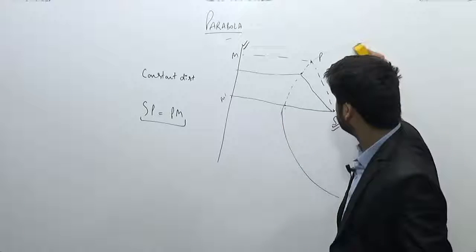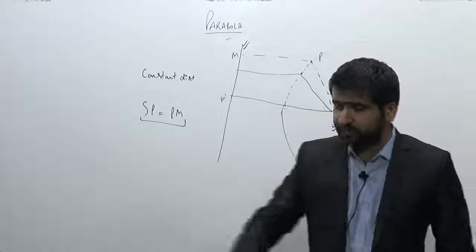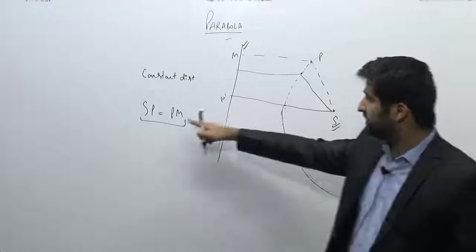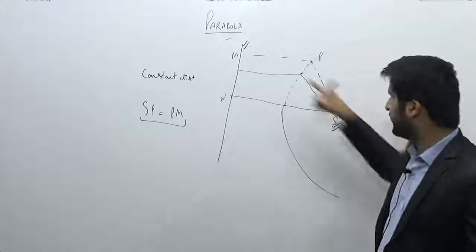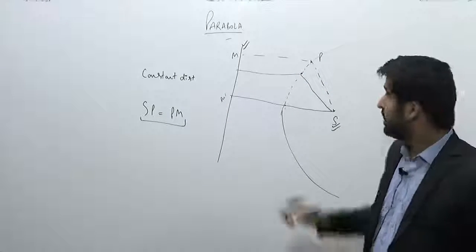So guys, how many points will satisfy this condition? How many points will satisfy the condition that the distance from this point and this line are the same? There will be an